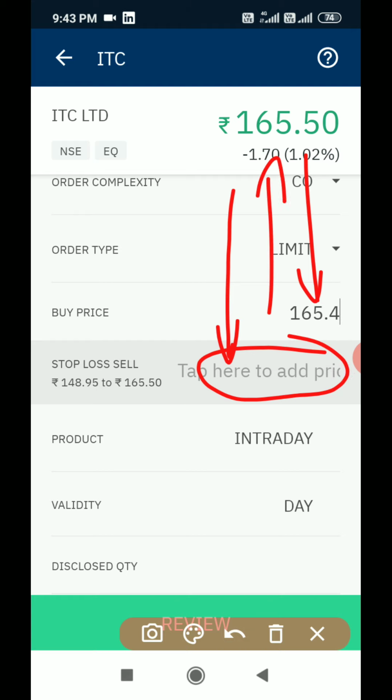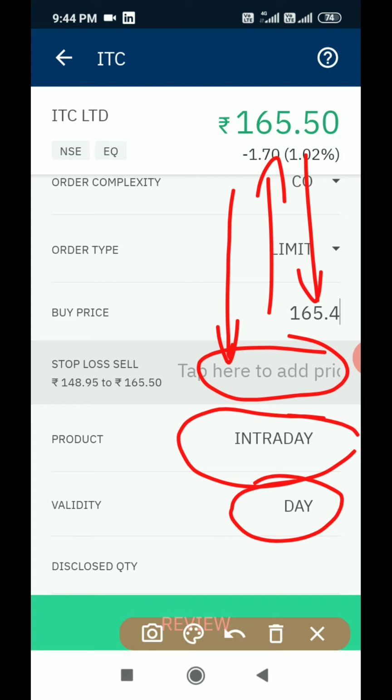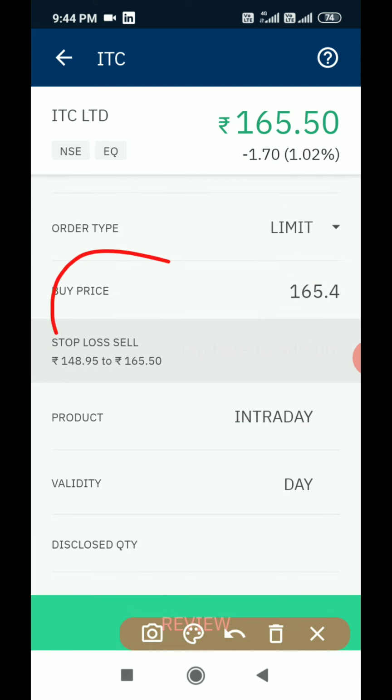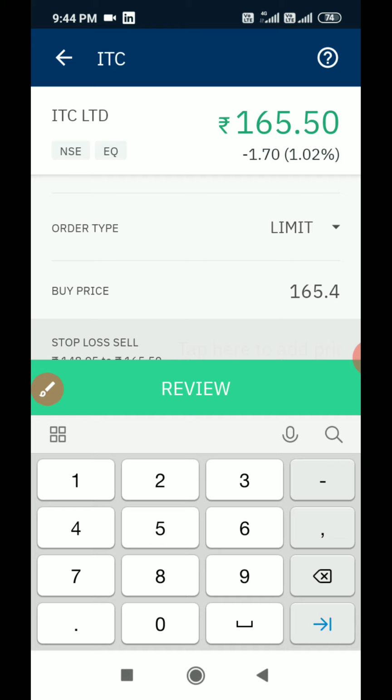One thing you have to note is that this stop loss order is valid only for intraday trading. So only intraday is enabled. Validity will be only for a day. So here I am entering. Here you can see the limit they are providing, 148.95 to 165.5. So here I am providing a limit of 5 rupees